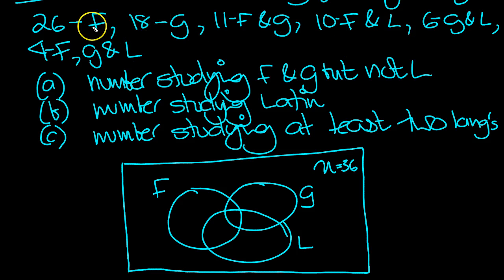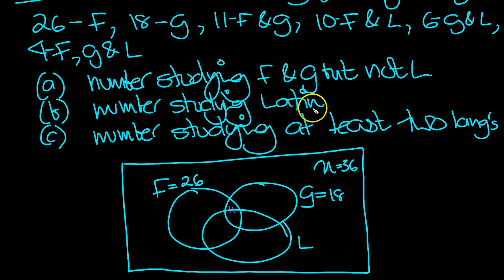Okay, 26 study French, so the French circle adds up to 26. 18 study German. 11 study French and German. So French and German is this overlap here. We don't worry about Latin, it's not even mentioned. So 11 study French and German, this is the overlap. Now we don't know of that 11 how many do study Latin and how many don't. So what we need to do is that 11 we need to put on the line, because we don't